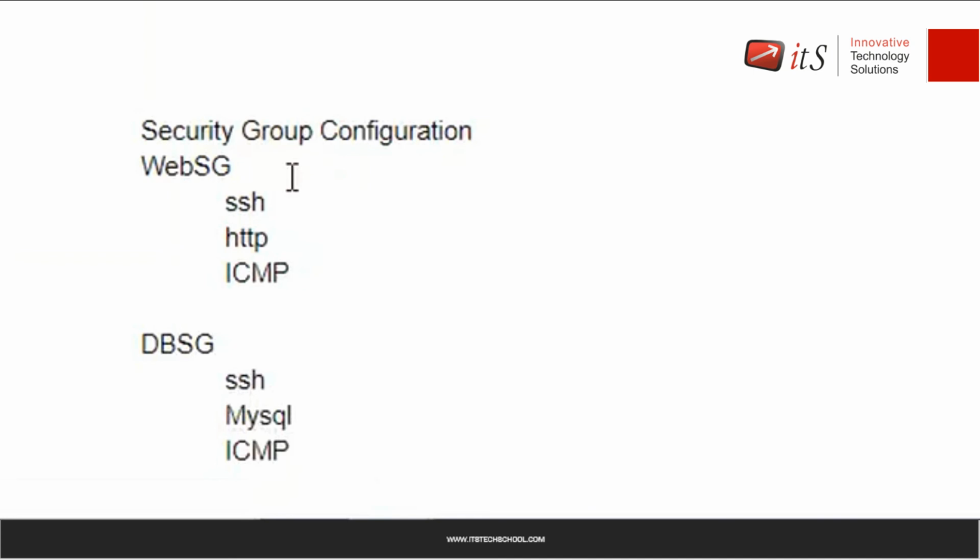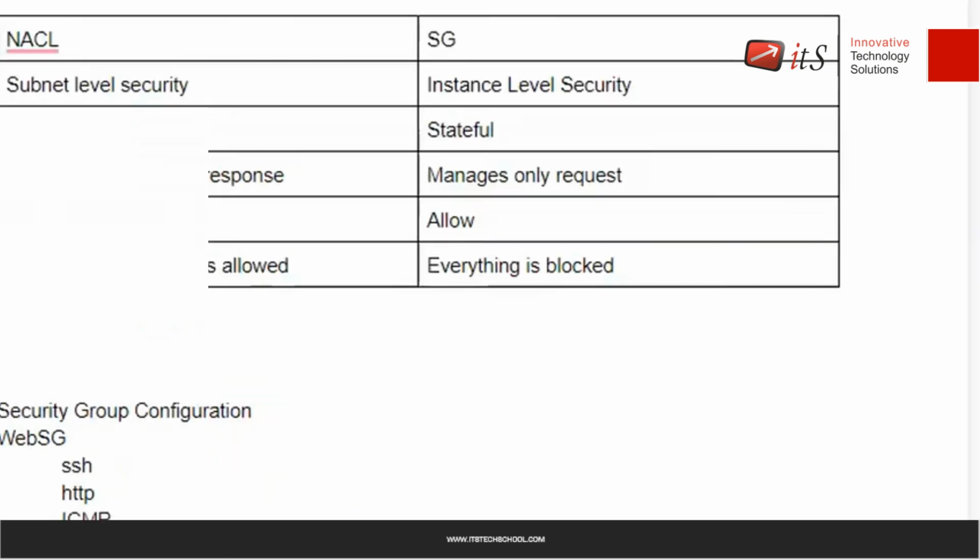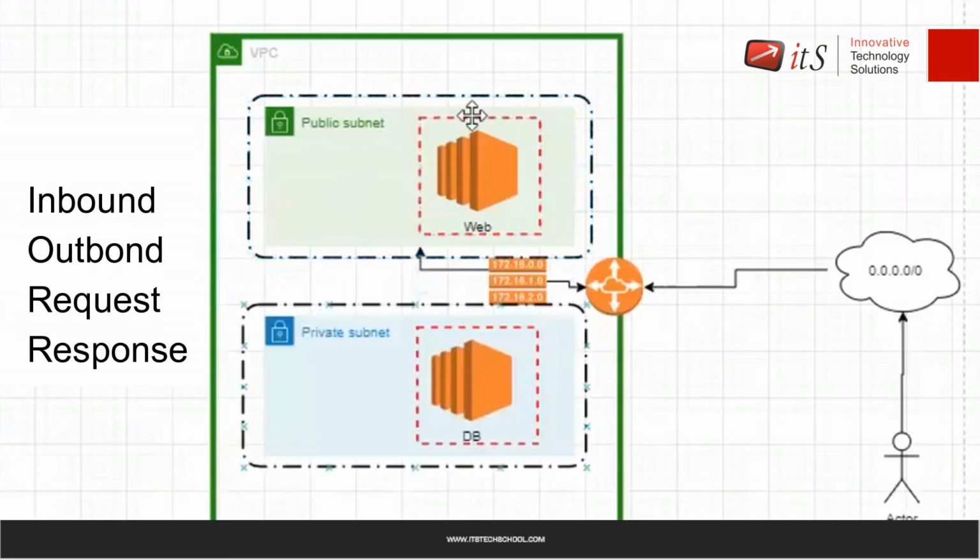But for what type of source, you have to specify the source as well. For which IP address you will allow it. For this, you have to specify the CIDR of the VPC. Whenever there is a network, it always comes with a CIDR value, classless inter-domain routing, or IP address range for every network. So your VPC will have an IP address. For simplification, we can use an IP address like 192.168.0.0/16. What type of IP addresses you can provide over here, we will discuss later in the PPTs.